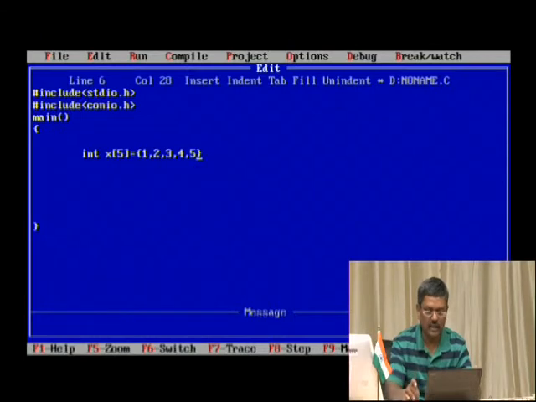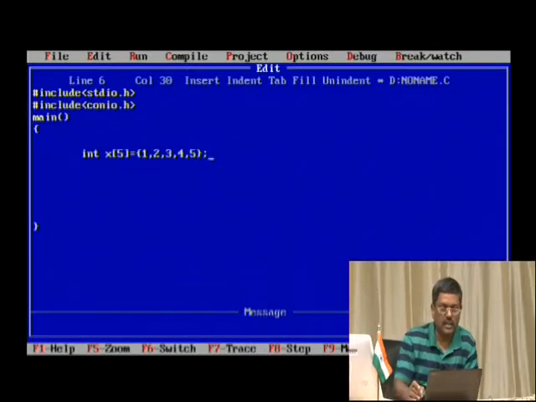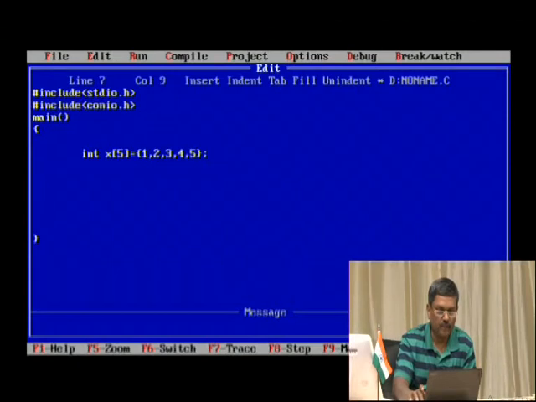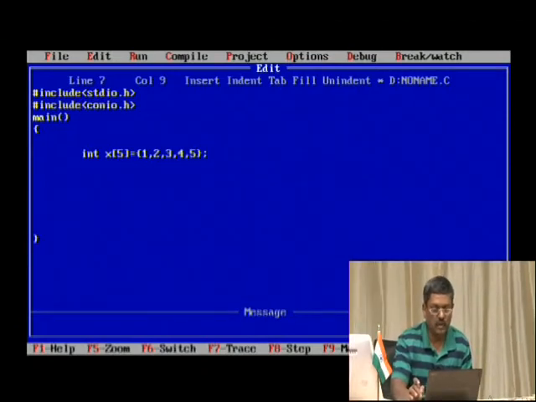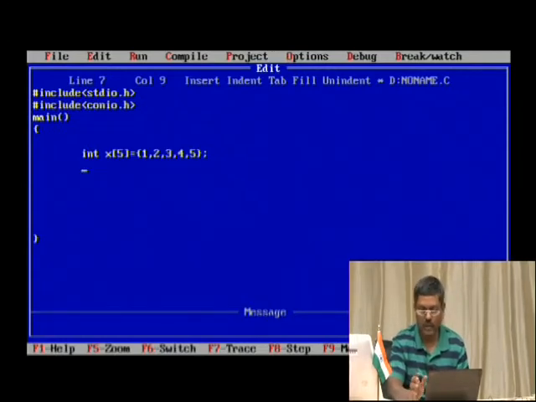We know a declaration can be done along with the initialization. We should also take care of the number of elements; it should never cross the maximum number of elements you can store.